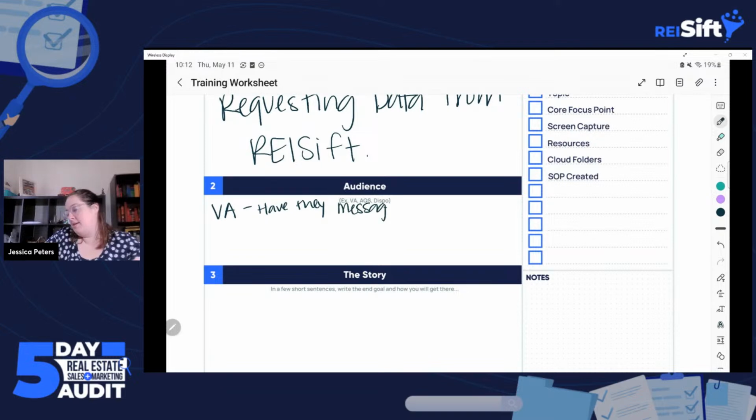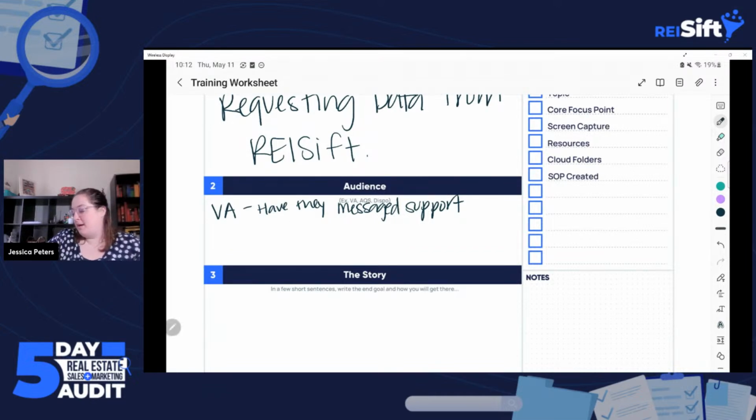That's important because we want to make this SOP particularly about messaging for requesting data. So if they've never messaged support before, you may want to have an SOP about how they message support that comes before this one. So think about what previous knowledge they would need to be able to do this thing.